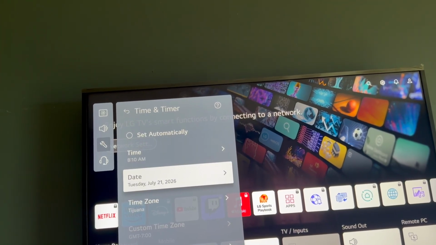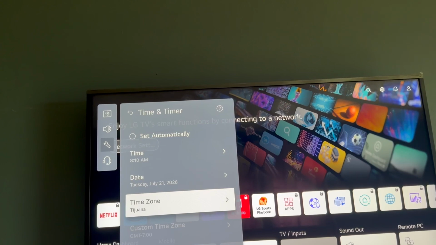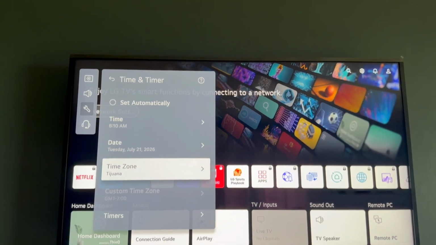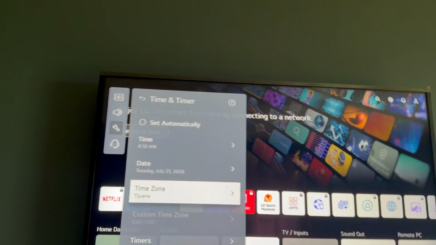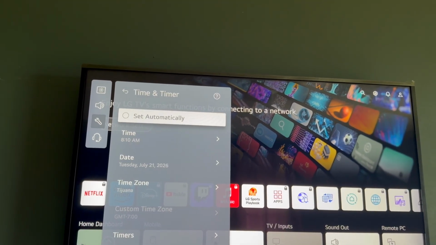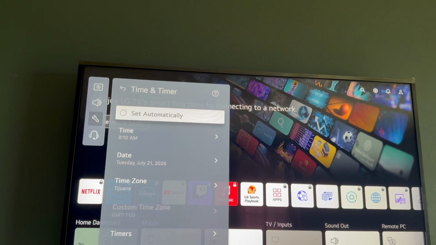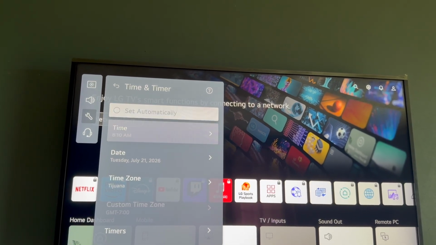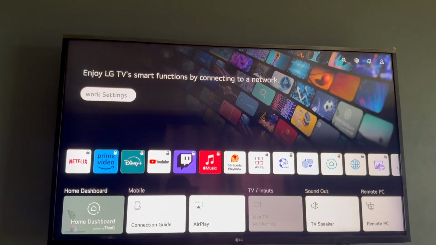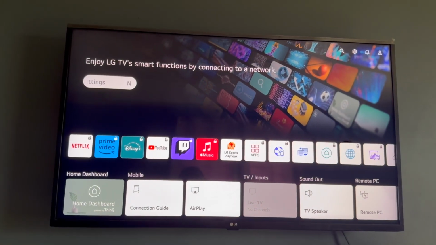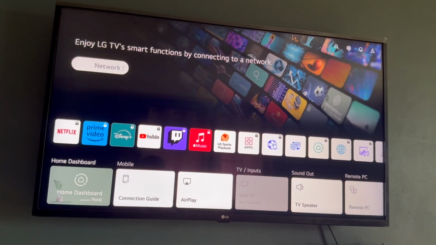Check the date and make sure the date is right. Make sure you set the correct time zone, or a time zone that actually works for you. Or, as I said, set it to automatic, depending on what works for you. Automatic tends to work, or you can set it manually. Now, once you do that, guys, what you want to do next is go ahead again and